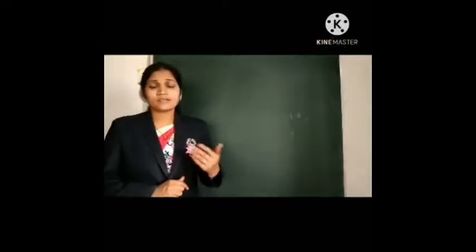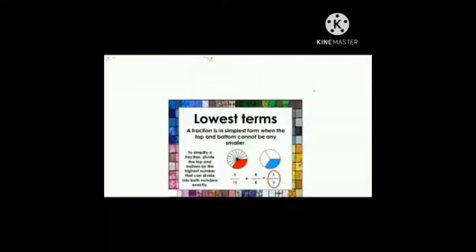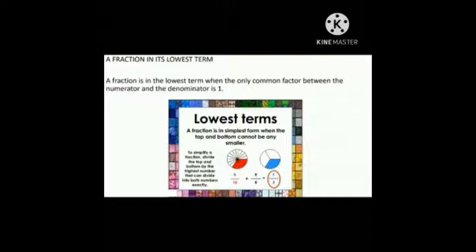Now we will see some new topics, that is a fraction in its lowest term. A fraction is in the lowest term when the only common factor between the numerator and denominator is 1. See the example, 6 upon 18 is divided by 6 upon 6. So 6 will divide by 6, we will get 1, and 18 will divide by 6, we will get 3. So 1 upon 3 is the lowest term of 6 upon 18 because 1 and 3 have only one common